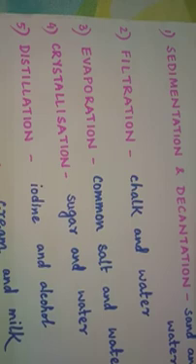In the case of filtration, the problem is that the solid particles are really small. In some cases they settle down at the bottom of the beaker, and some of them also go around in the beaker, flowing around in the water, amongst the water molecules. So you cannot really do sedimentation and decantation with it. You have to take some other method.